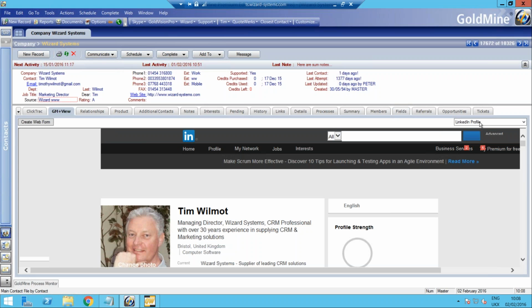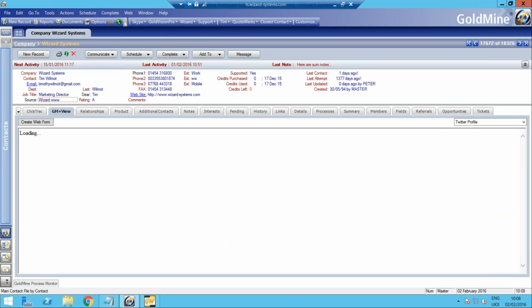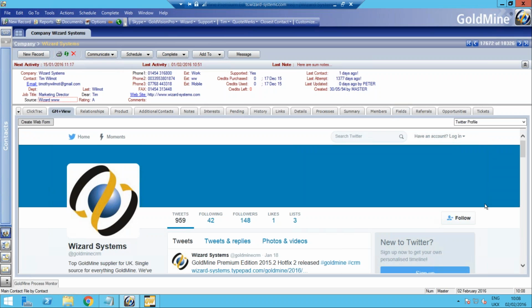So let's continue on the social networking side. So let's go to Twitter profile down there. And up comes shortly our Twitter feed, or the Twitter feed for this contact. So there's some examples of some of the social networking ones. Some other